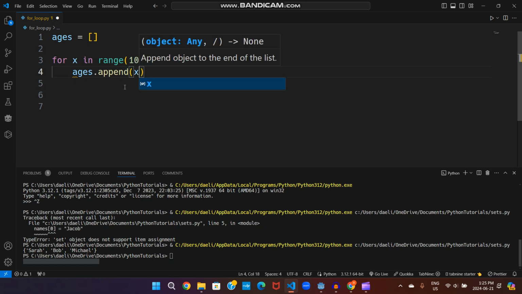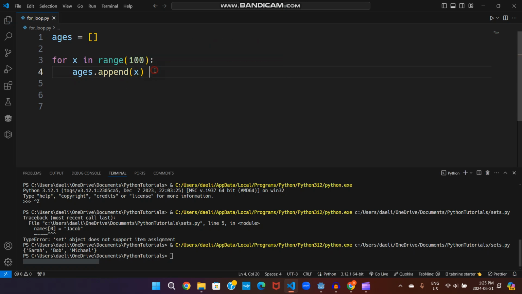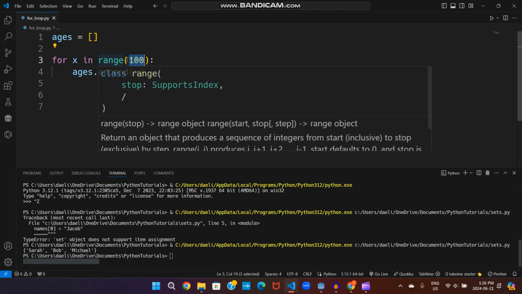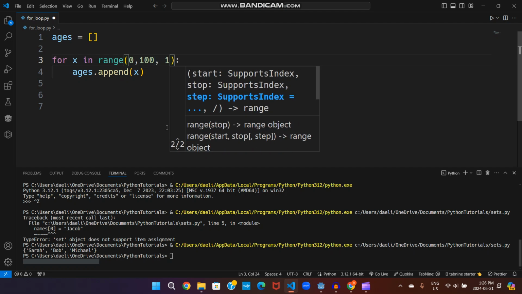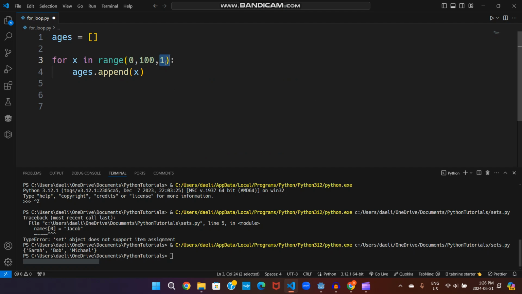ages dot append x. Right? Now what this is going to do is for x. Now x is a variable that's going to be used within this loop. Okay, so every for loop starts with this for keyword. Then we have something called an iterator. The iterator is going to represent all the values within this range. Okay, and this is the stop value of the range. I can specify things like the start as 0 and as the step, which is how much I increase